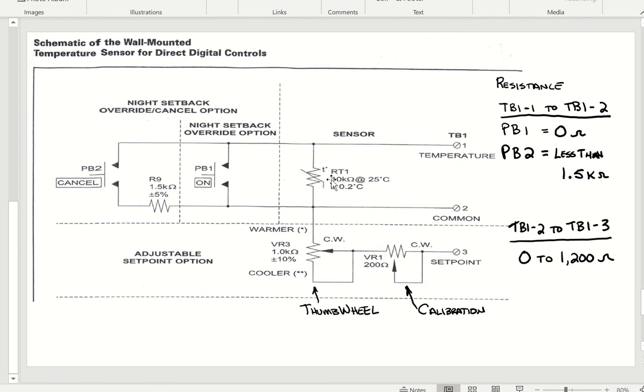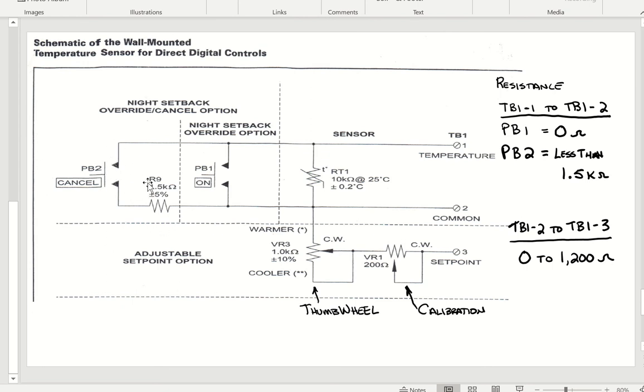It doesn't show that the sensor has failed. I'm sure there is a little bit of time there that it looks at that and decides that it is obvious that someone had pushed the button. Now, if somebody was to push the cancel button, when you look at the circuit here, that would close and